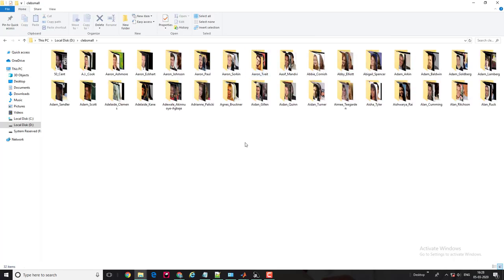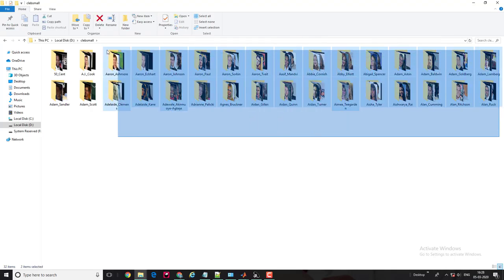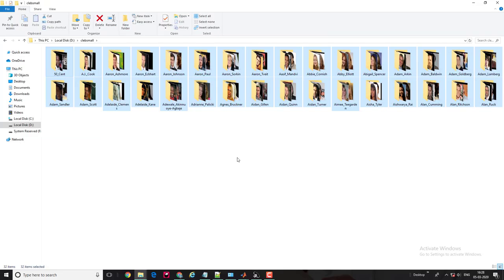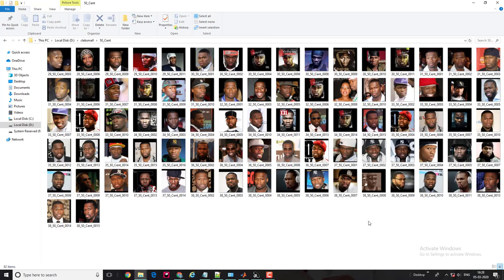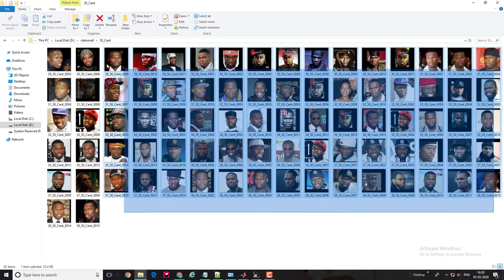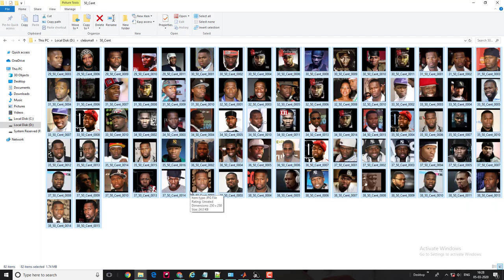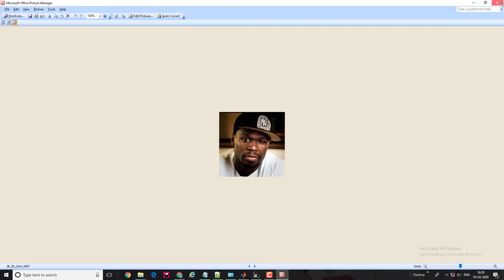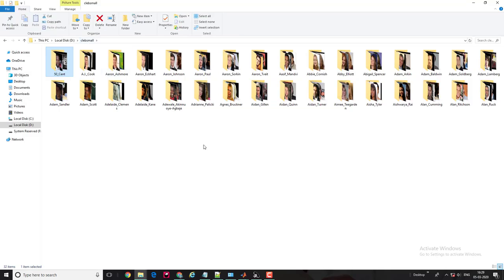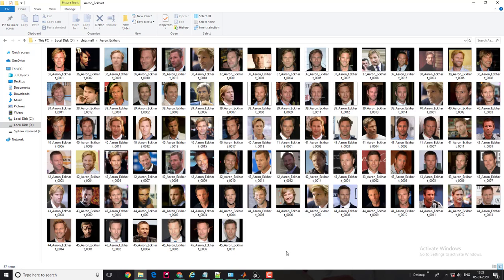Because of time limitation, I have created a small data set and taken 32 celebrities' images, and each folder contains their images from childhood till today. This data set was initially designed for the real-time problem of an age-invariant face recognition system, so every folder contains images of each celebrity at their different ages.